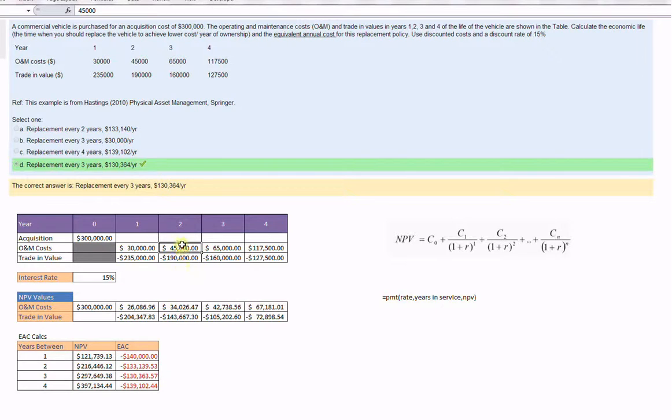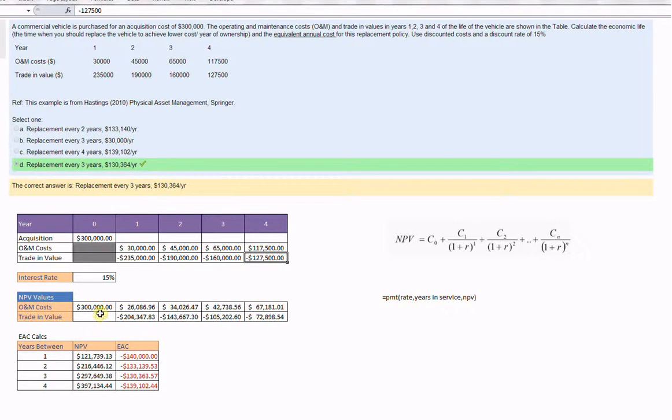So to calculate the NPV of 45,000 in 2 years' time, it is 45,000 divided by 1.15 to the power 2. And that's exactly what I've calculated down here in this table, the present value of each one of these terms,